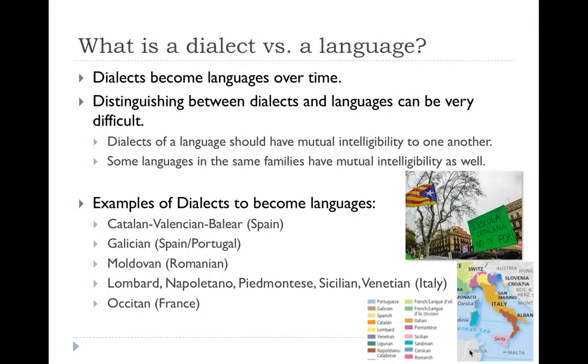And you can see actually in Italy, there's all kinds of different dialects that have started to develop into their own language as well, which you can see in the map in the lower right there. All right. A lot of times this is an area that may be seeking some kind of freedom from the rest of their country because they don't have the same similarities that the other people that speak the other language might have. And so those dialects have altered some of the makeup of those countries.